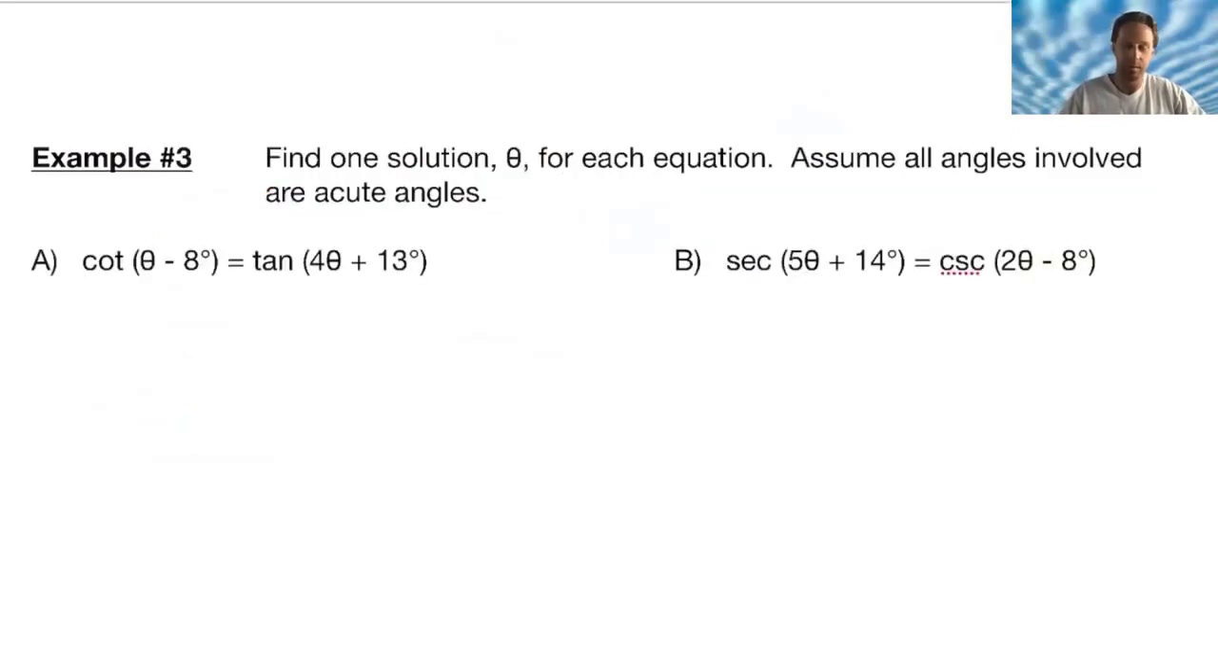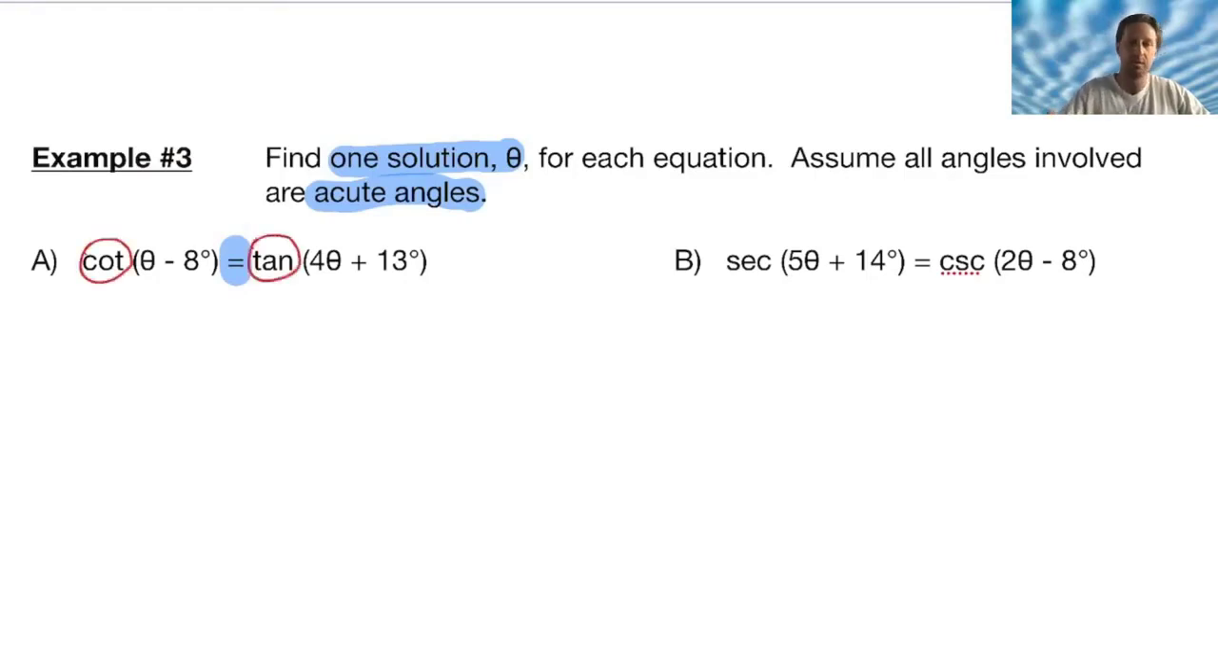So our next example, very similar, but gets a little bit more algebraic in nature. They want us to find just one solution for the angle theta and assume that our angles are all acute, so between 0 and 90. And they are telling us right now that these two statements on the left and the right are equivalent. That's what it means to be an equation, right? So we're going to take what we know,